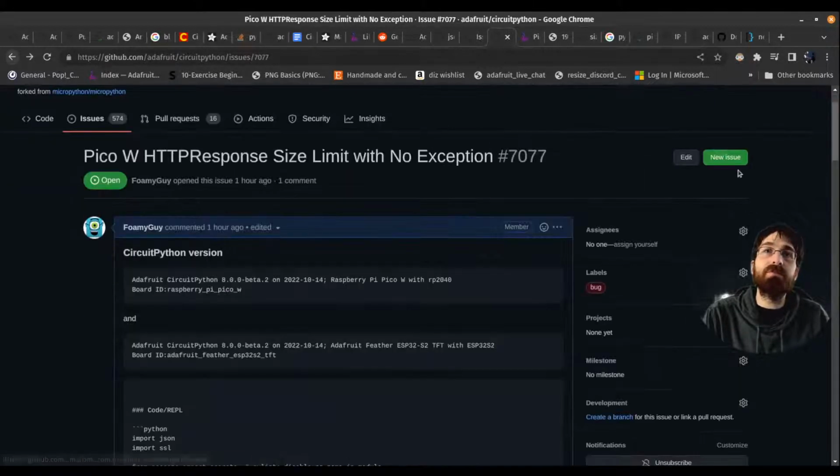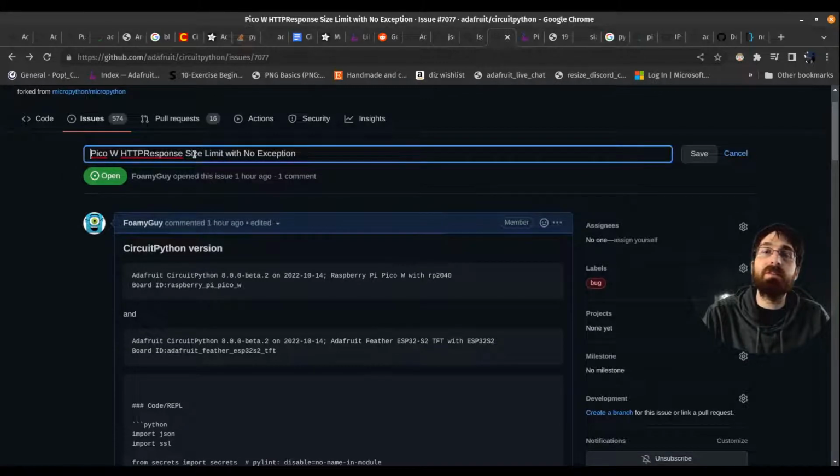Nope, I don't want new. I'm trying to rename it. HTTP response. But it's probably actually like socket write, but I'm going to leave it because I don't actually know for sure. I think it's not really the response that's the problem, but the socket write inside the core. But I'll leave it for Jeff, for somebody who's got a better idea of the bigger picture. That's my instinct, but I'm not confident in it.